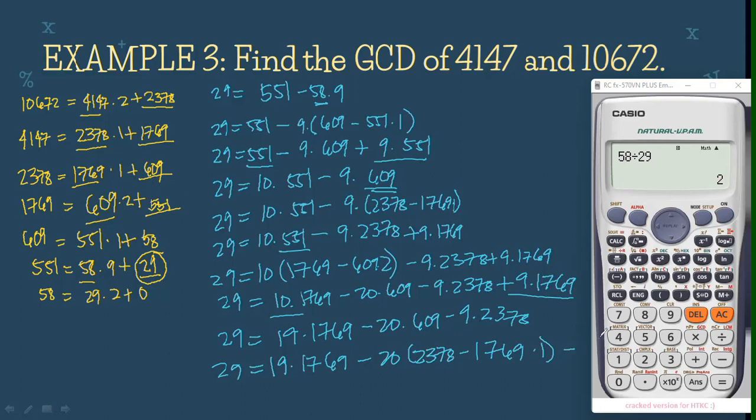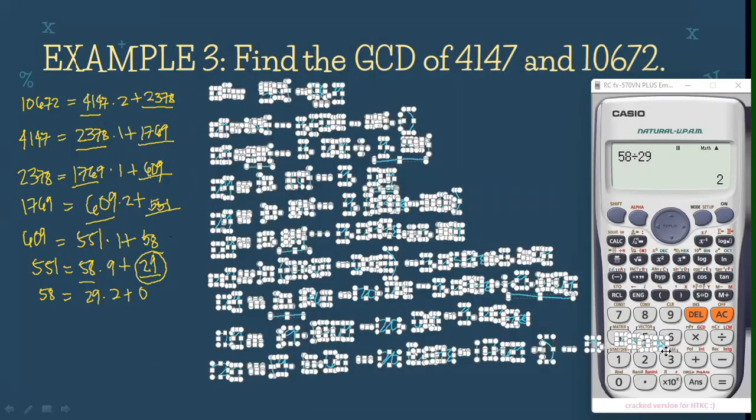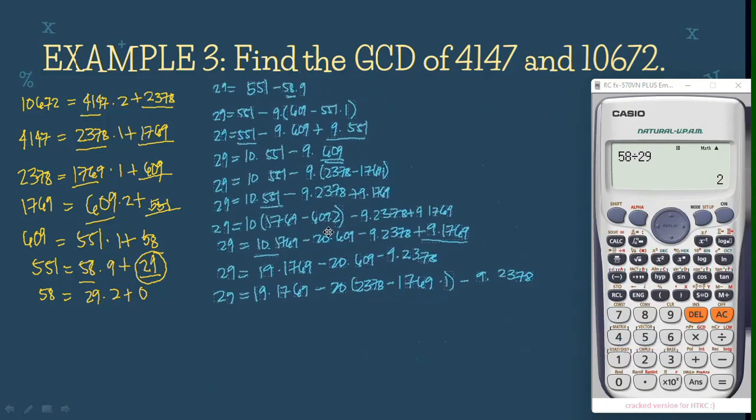Minus ito pong 9 times 2,378. So now let's distribute. So we have here 29 is equal to 19 times 1,769 minus 20 times